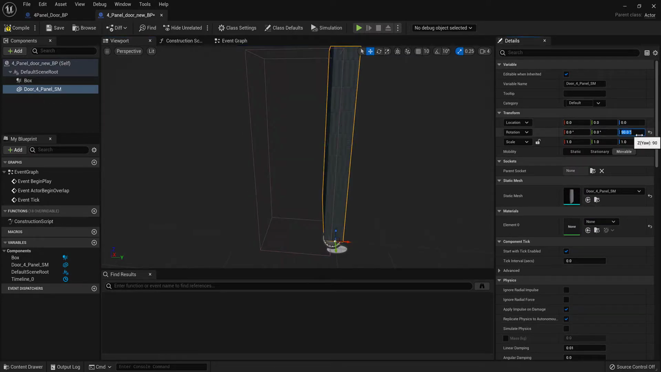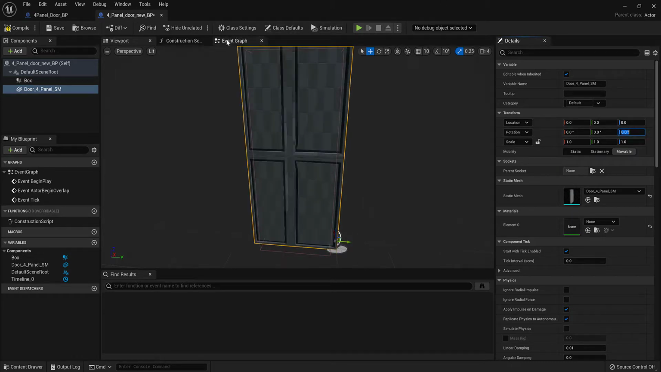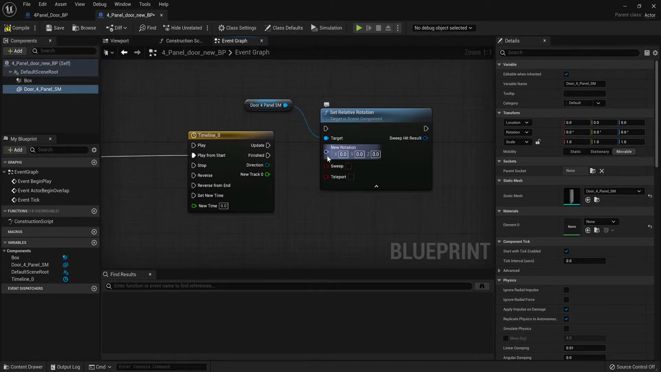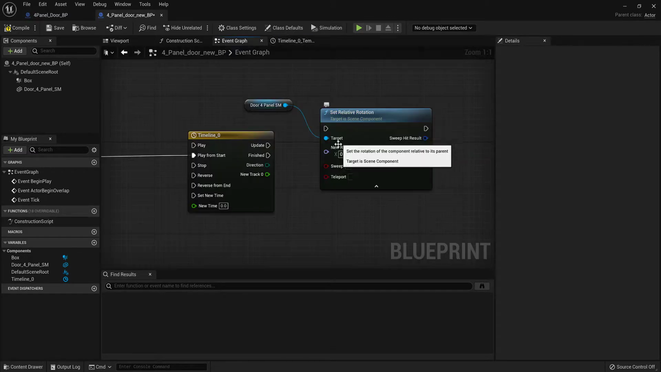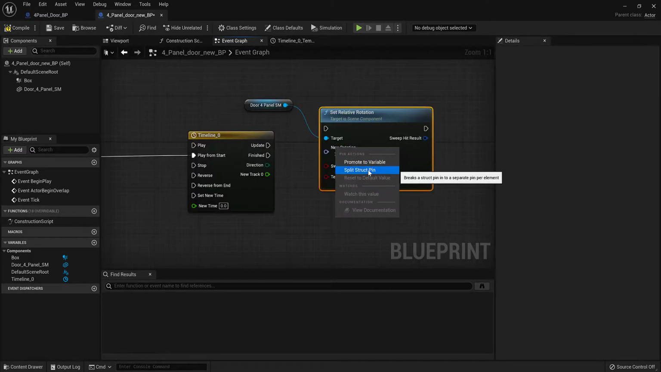And I want it to go 90 at that axis. So the relative rotation here, but you can see I can't access this. I'd like to drag the track inside of here, right? The track is this. See how it's called track 0? So the way to do that is you can right click on here and you can split the structure into